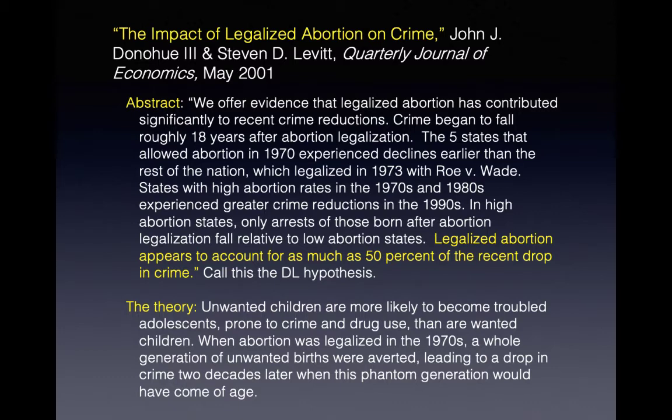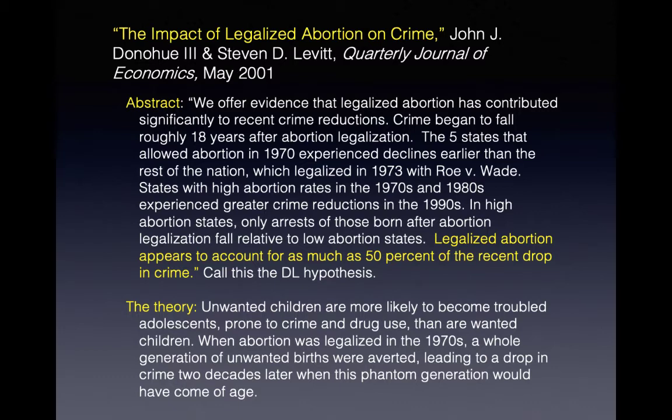And here's their theory. Unwanted children are more likely to become troubled adolescents, prone to crime and drug use. Not all of them, but on average, a greater frequency of such children engage in or are convicted of criminal activity. These are unwanted children. When abortion was legalized in the 1970s, a whole generation of unwanted births were averted, right? So these are kids, we're calling them unwanted children because they were kids